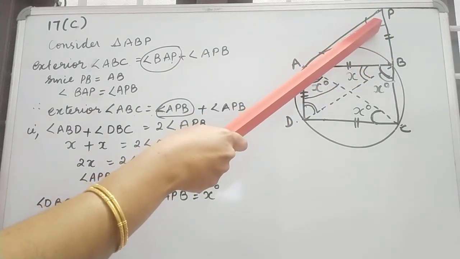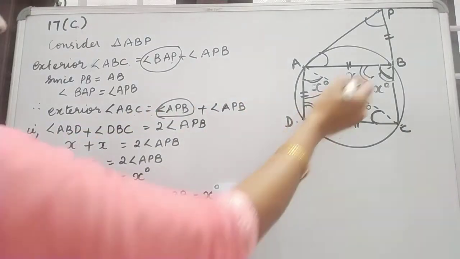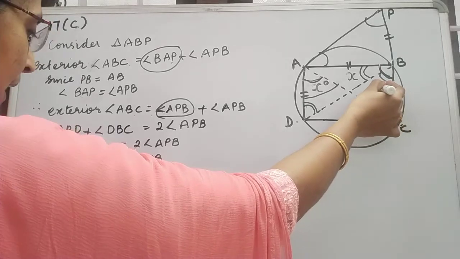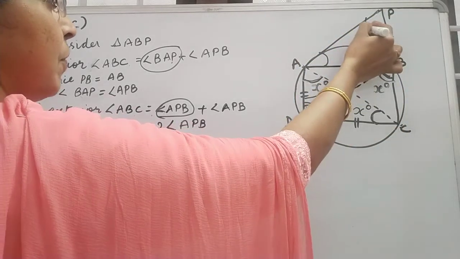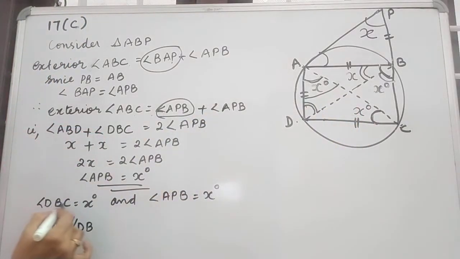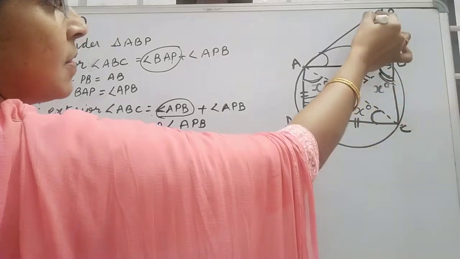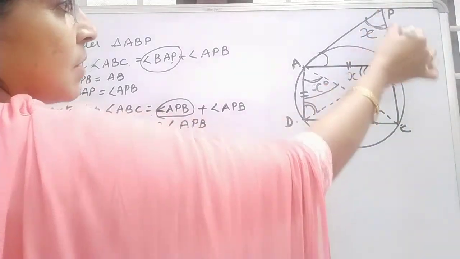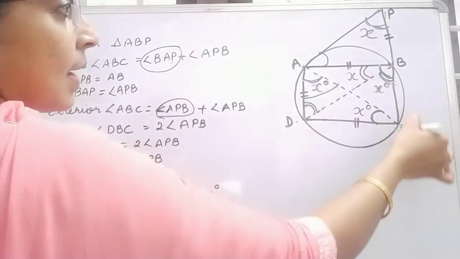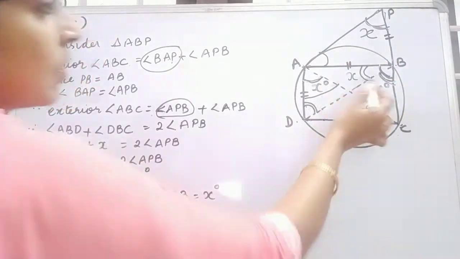APB we got it as X. So DBC is X. DBC, this one is X, and APB, now we proved it as X. So DBC, this one is X and this also is X. So this, let us make it a transversal. So this one, this line, which will be